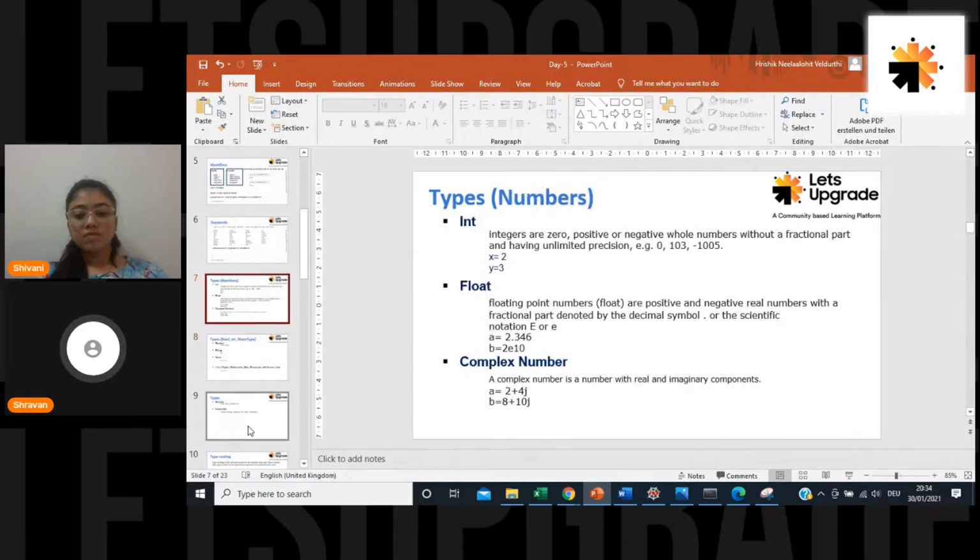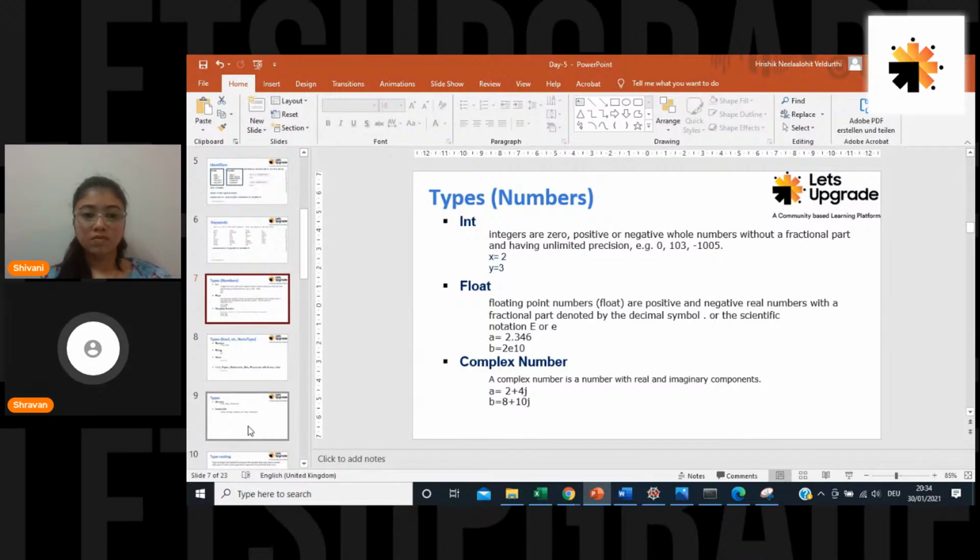First we will start with int. An int can be positive or negative, but there is no fractional part here. The second one is float. A float is positive and negative real numbers, and it has a fractional part, whether it is zero after the decimal or some other digits.